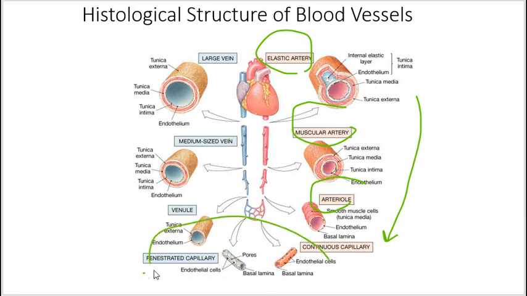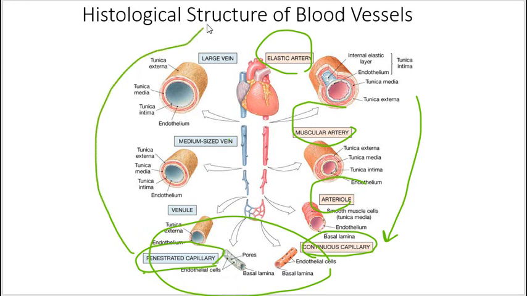And then you have a bunch of capillaries. There are two types of capillaries you have: continuous capillary and fenestrated capillary. The capillaries are the only blood vessels that allow gas exchange and nutrient exchange. After the molecules exchange the material between the blood and interstitial fluid, the blood is delivered back to the heart